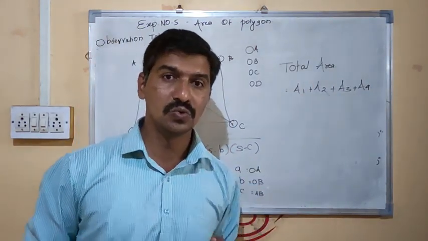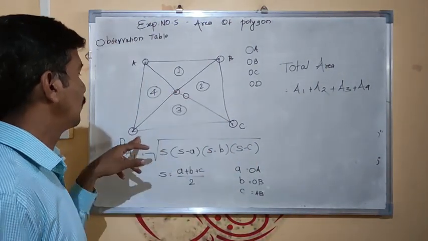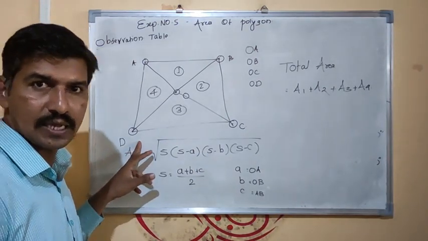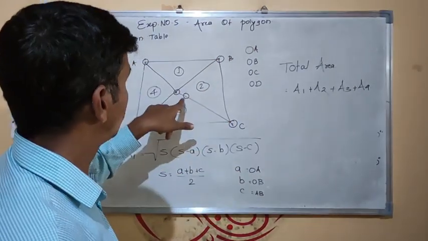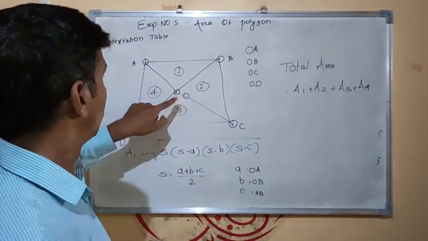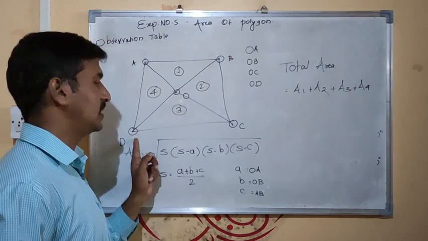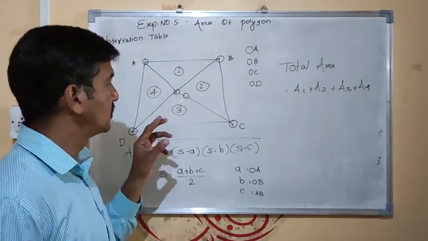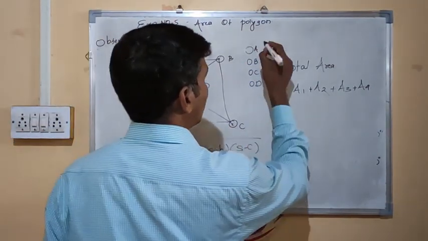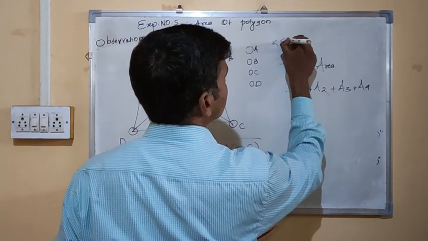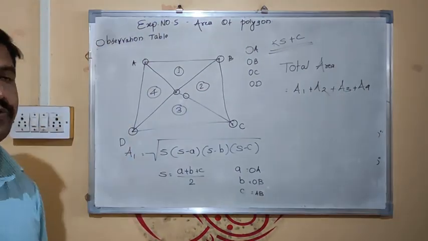I will just conclude in smaller steps how we have found out the area. We have identified these 4 corners of a garden in our college. We have kept the staff on these 4 points. The instrument is kept on station O. Then I have taken the top hair reading and bottom hair reading at A, B, C and D. From this observation, I have found the distances OA, OB, OC, OD. Which formula have I used? K S plus C. I have not taken any vertical angle.